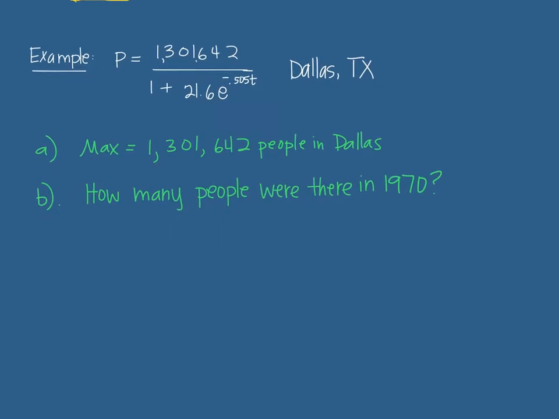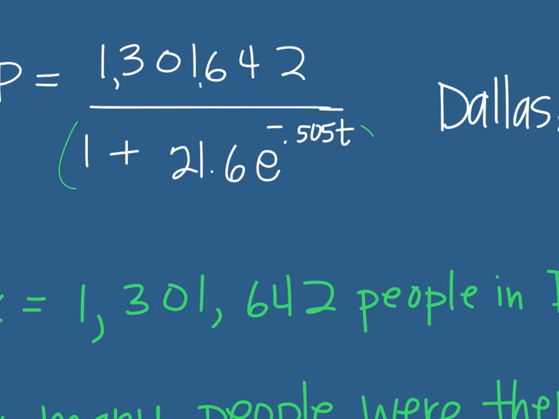All right, so this is where your calculator comes in. 1970 is a time. The variable is t. But your calculator is a little finicky. And when you type that equation into your calculator, you have to put the denominator in parentheses. Otherwise, you'll get a totally whacked out answer. All right, so I'm going to switch screens here and go over to my calculator. So if you could, in your Y1, please put in,